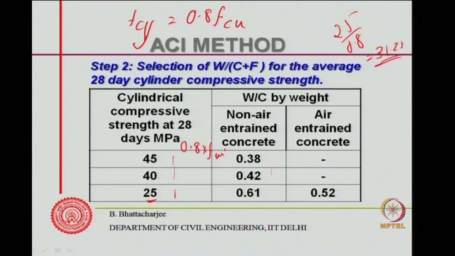So, 25 will correspond to M30 grade of concrete, close to that. So, for adopting this in Indian condition, you have to convert cube strength to the cylinder strength. Correspondingly you can choose the water cement ratio given there, for non air entrained concrete and for